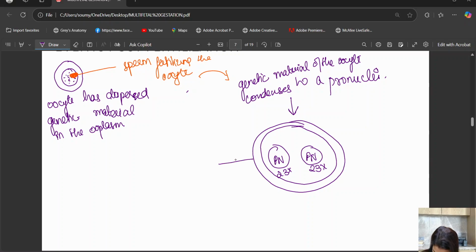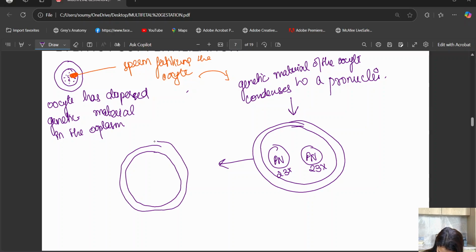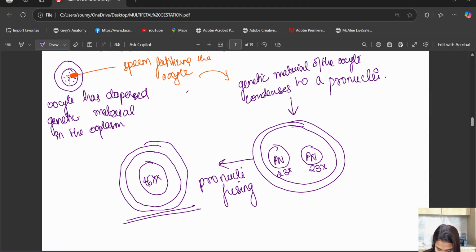Now, these pronuclei will obviously fuse and form 46XX genetic material, which means here the two pronuclei are fusing and forming this zygote